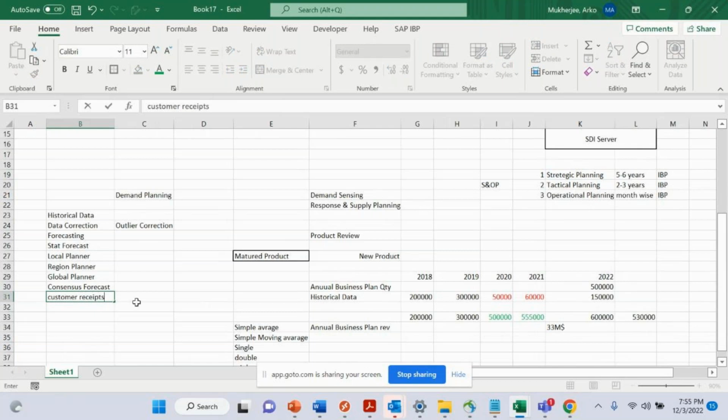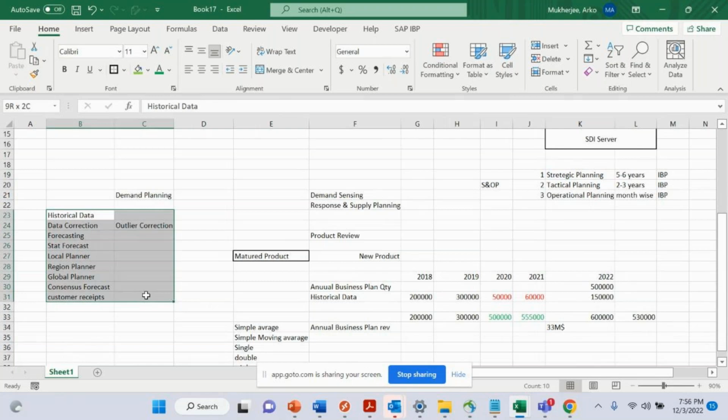Now receipts are always lesser than what my sales team has forecasted. So this is the overall process of business, starting from the historical data load to the receipt part. It is a very high-level view. Now when we go down and take a deep dive into all these parts, then we will discover